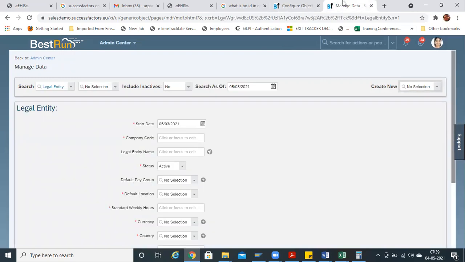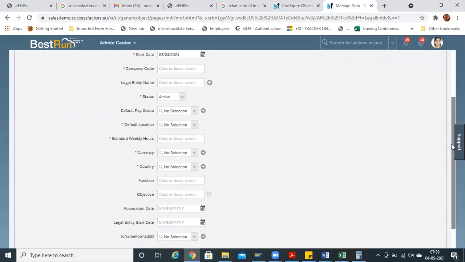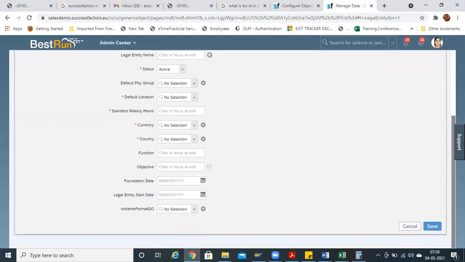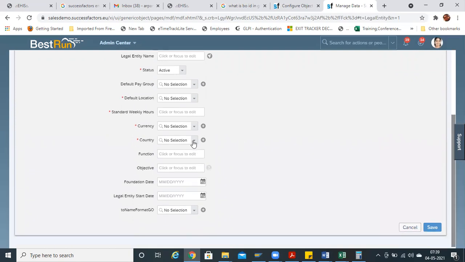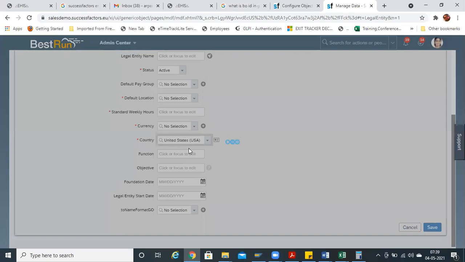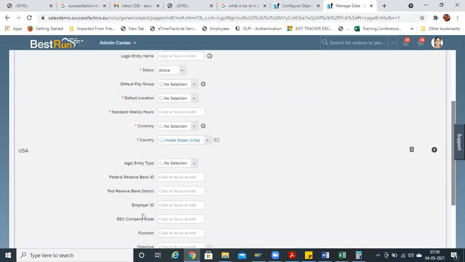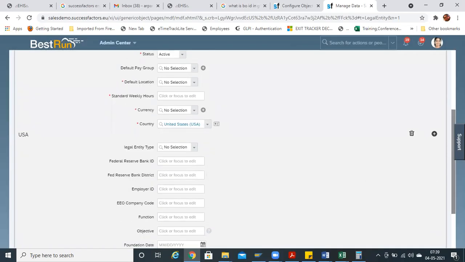So today, suppose I am going to create one legal entity, and in country I want to create the USA legal entity. I'm just selecting the USA. Have you seen the difference?